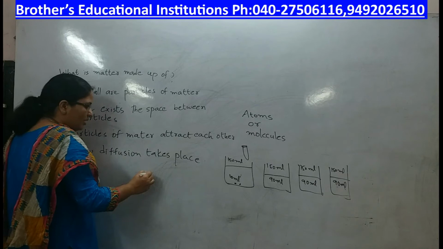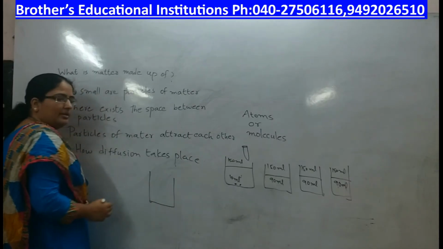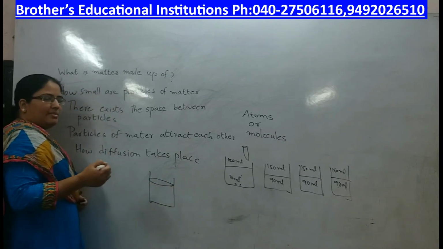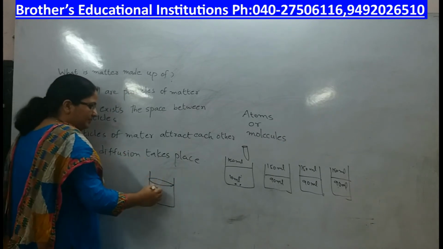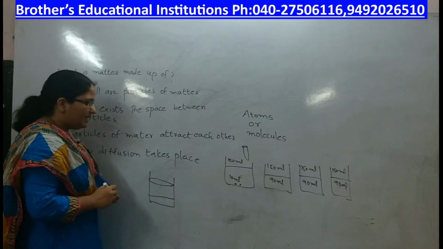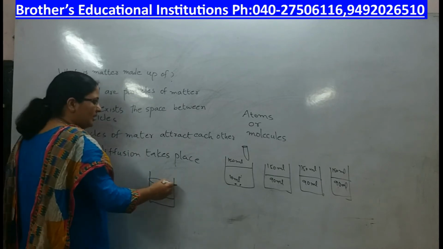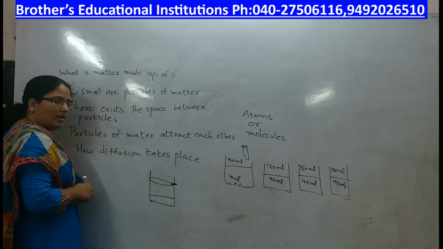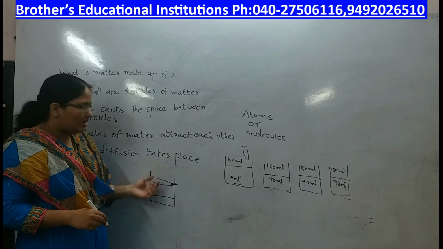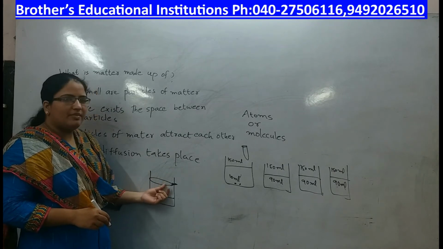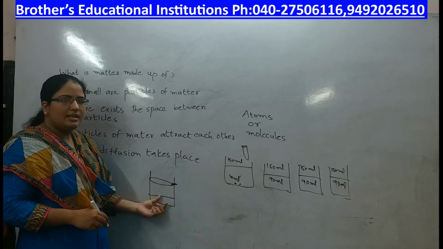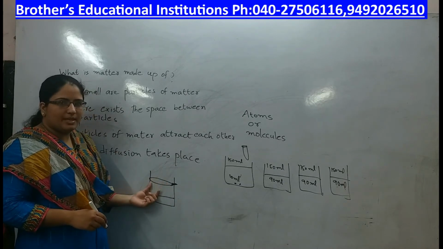For this activity, you take a beaker, add water in the beaker, take a tablespoon of salt and add it. Now when you add the tablespoon of salt, will the water level rise? Let us keep a mark on the water level that we have taken. You will see that the water level does not rise, because there exists some space between the water particles. In that space itself, the salt particles will be moving or settling.